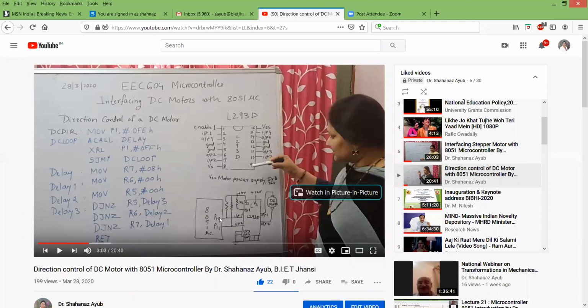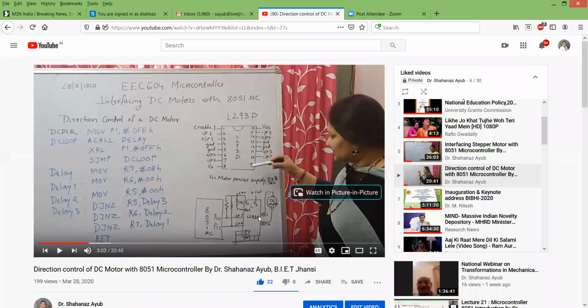Now this will be 0 and this will be 1 because we have put FE on this. So 0 means this pin will be 0, and 1 means this pin will be 1, and that's why the output 2 pin will be 1. So this is getting 0 and this is getting 1. If this is positive and this is negative, then it will move in reverse direction because it is getting inverted supply. But if it is the ground line and the positive line, then it will move in forward direction.